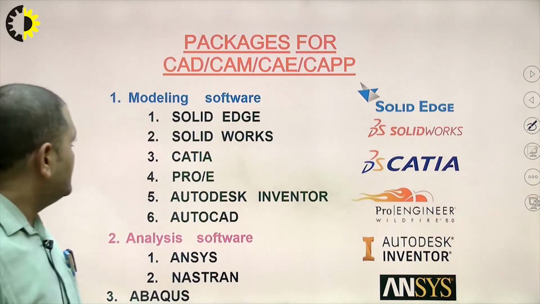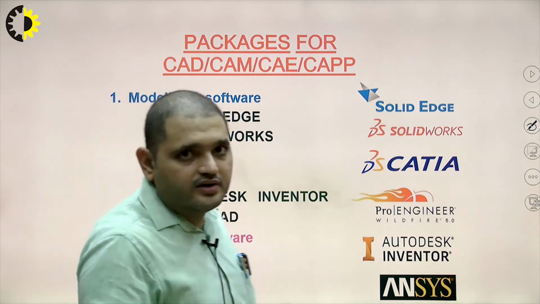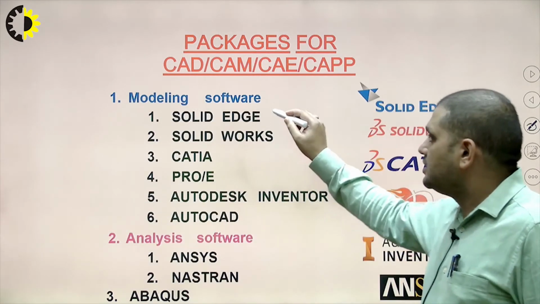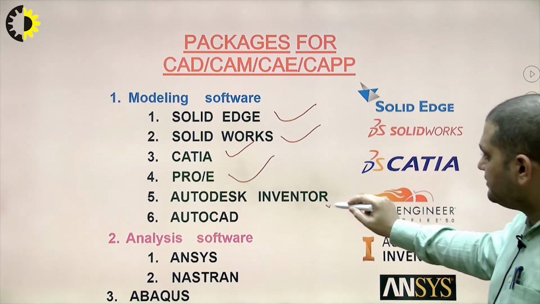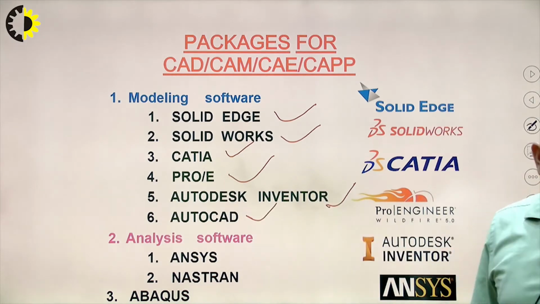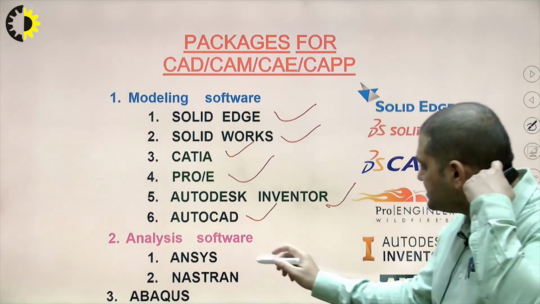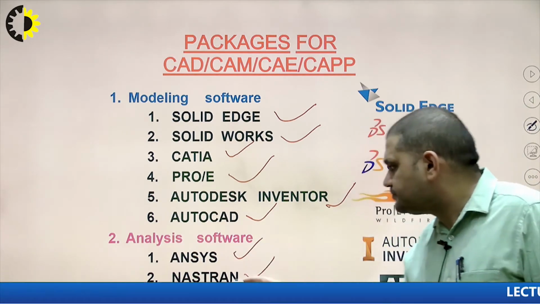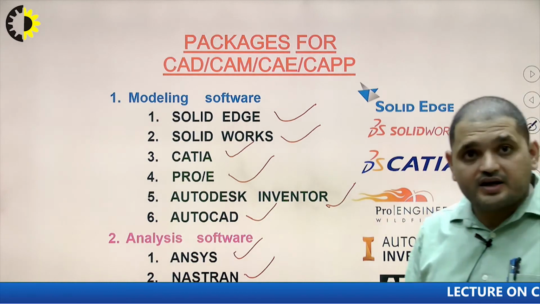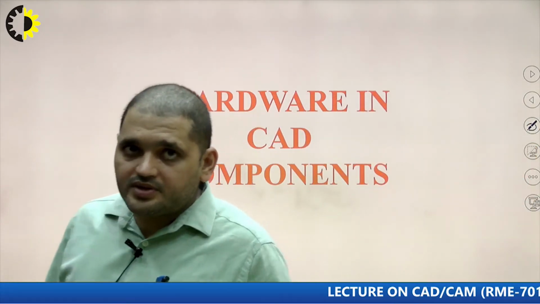So the packages, the modeling software available right now in the market, are Solid Edge, SolidWorks, CATIA, ProE, Autodesk Inventor and AutoCAD, okay. For analysis purposes, the software available is ANSYS, Nastran and Abaqus. These are the software available in the market for analysis purposes. Now, hardware in CAD components,